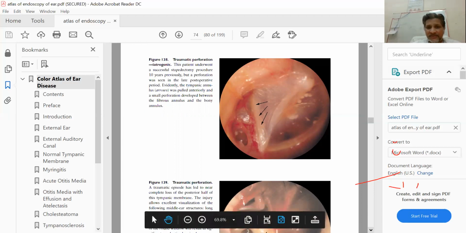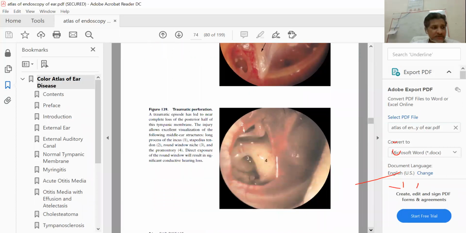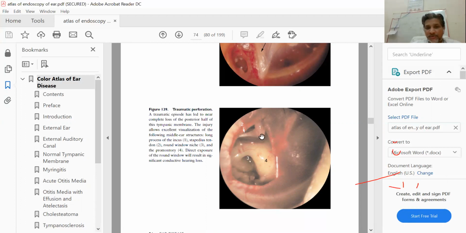So next is again an example of a large posterior quadrant perforation, and through the perforation you can see very important structures. This will be the long process of the incus, this will be the stapedius muscle, and this is nothing but the stapes itself. The stapes has an anterior arch and a posterior arch, and we have a footplate of the stapes.